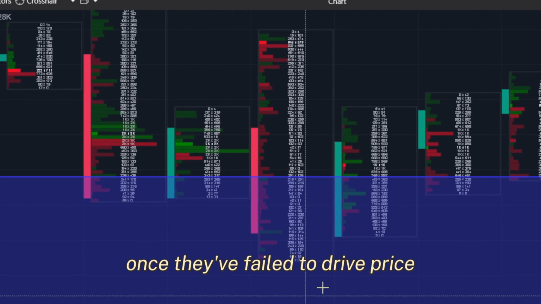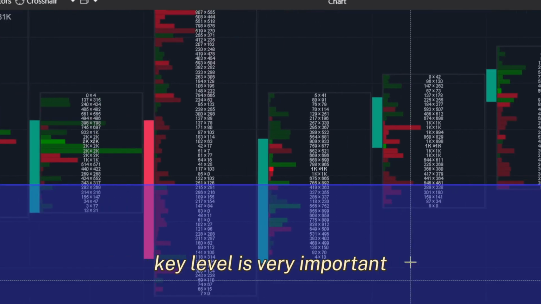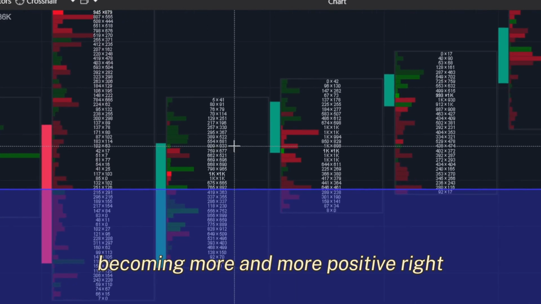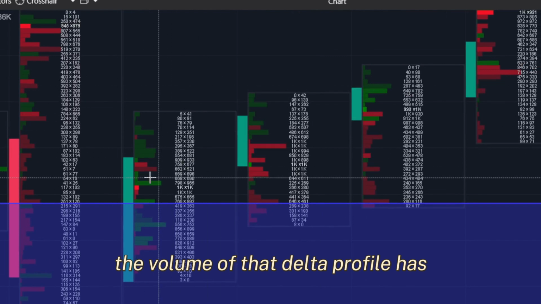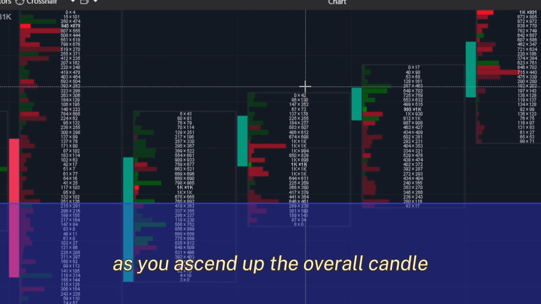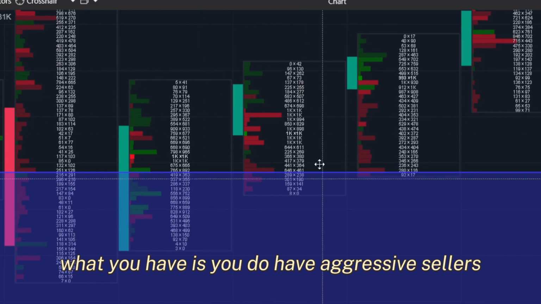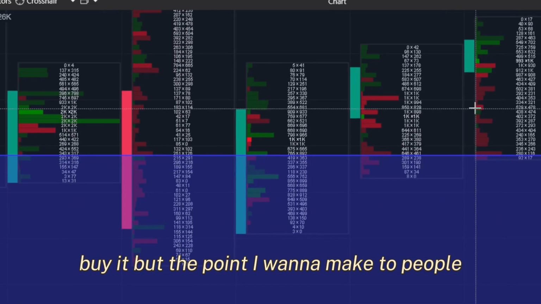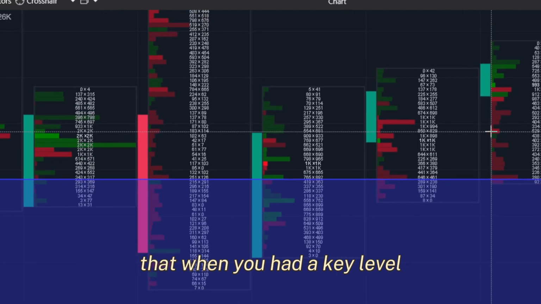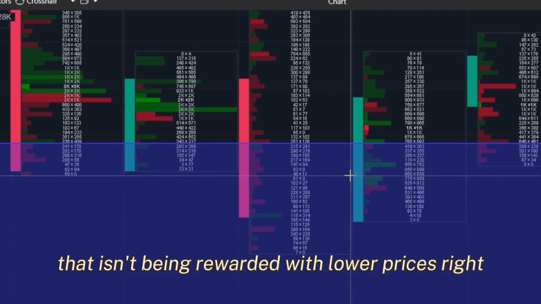Once they've failed to drive price lower at this key level, and key level is very important, you see the delta becoming more and more positive. The volume of that delta profile increases as you ascend up the overall candle. As price leaves, you have aggressive sellers towards the bottom, and eventually they become aggressive buyers. The point I want to make is that when you're at a key level, a demand level, and you see aggressive selling that isn't being rewarded with lower prices,